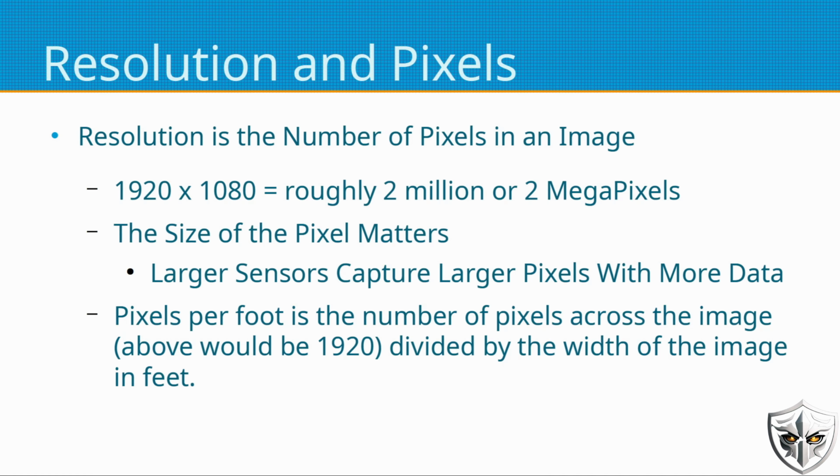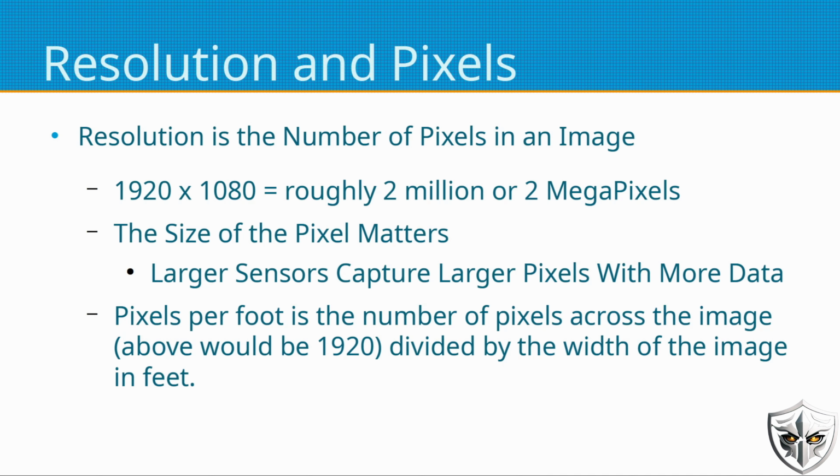The size of a pixel does matter. So some of your lower end cameras may say that they're 4K, but the sensor is smaller, so the pixels that it's capturing are also smaller. Whereas the higher end cameras that are also 4K, because again, 4K is basically 8 million pixels, right? A larger pixel also means more light and a better image. So two cameras that are both rated 4K, one with a larger sensor is still going to have a better